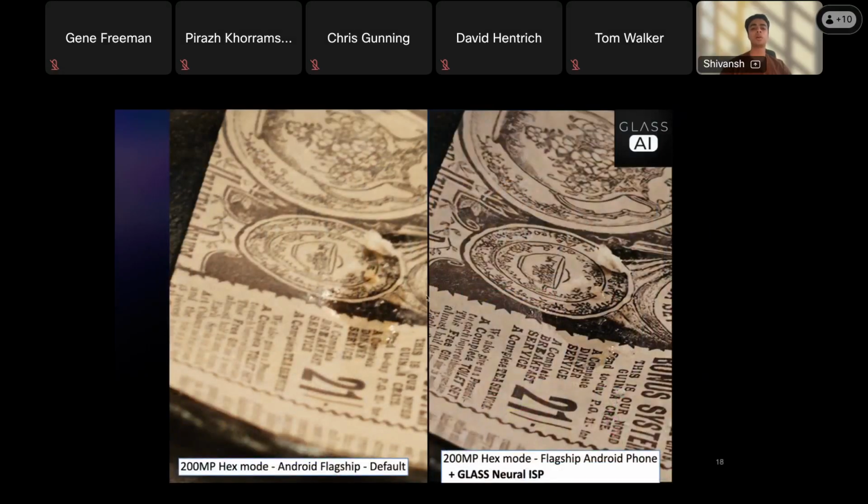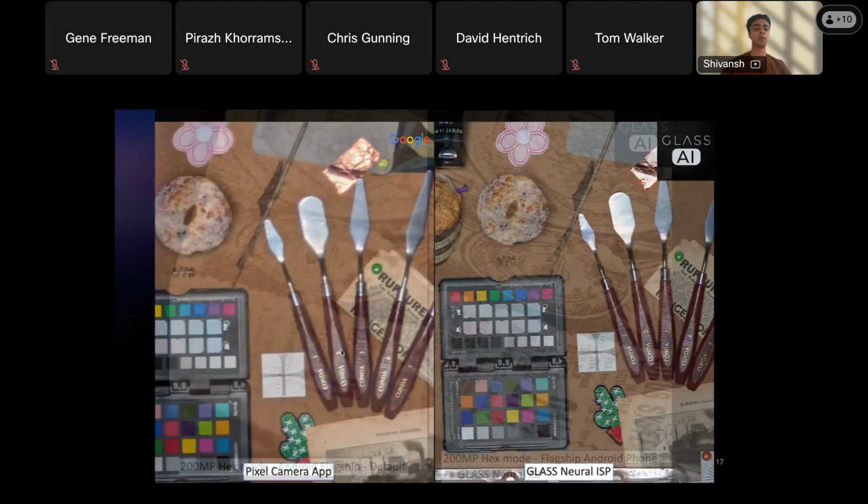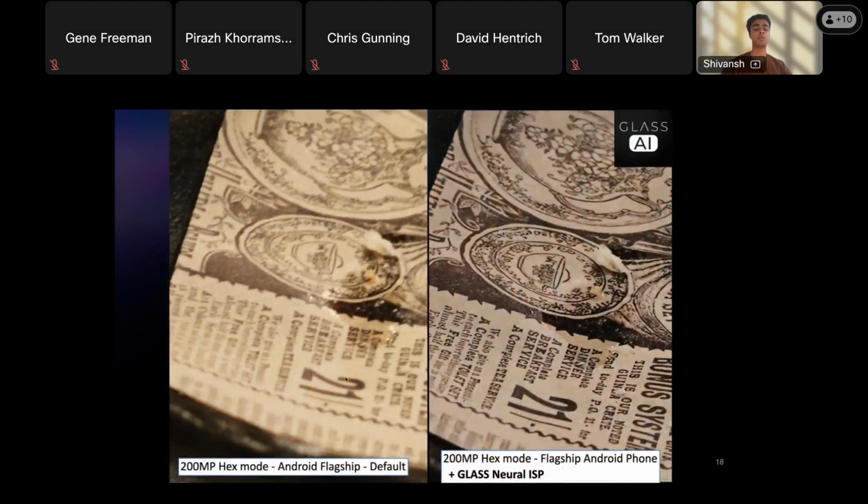Here we also try to show a comparison. So the one here was on a different sensor module. Here we use a very latest 200 megapixel hex, like a telehex sensor from one of the Android flagship products. And here we again follow the same approach. And in this example also, you can see the significant increase in clarity our network brings to this macro shot. And we believe